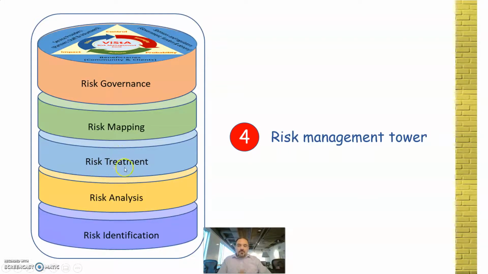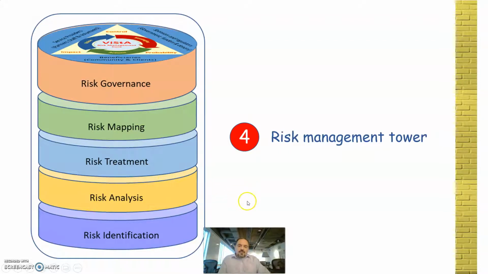Finally, the third stage is risk treatment. I will talk more about this in the following slides. It's slightly different for negative risks and positive risks. And another new thing that we introduced in our framework is risk mapping, visualizing your positive and negative risks. And I will explain briefly why it is essential. Why is it so powerful for decision makers in your organization? It is closely related to how our brain functions.